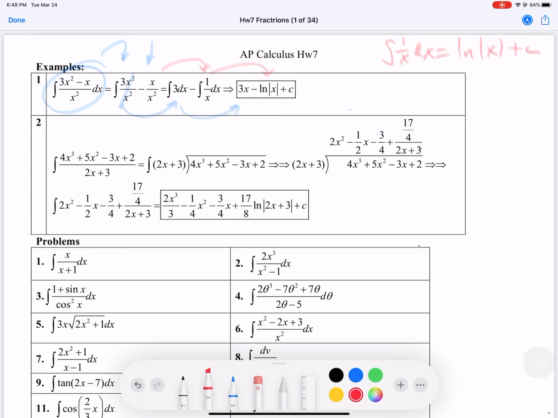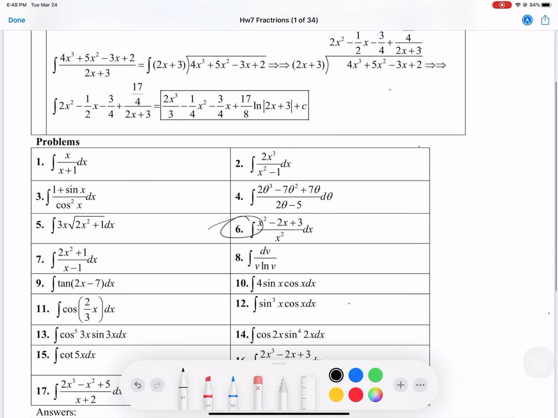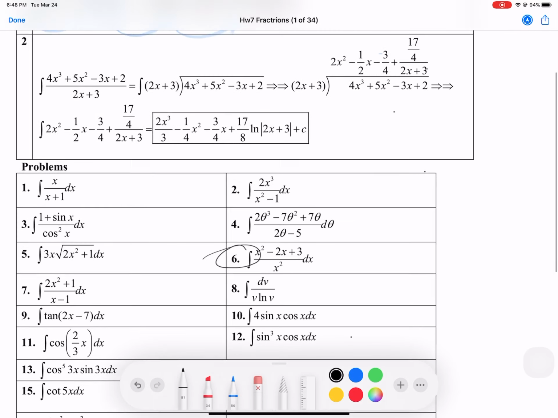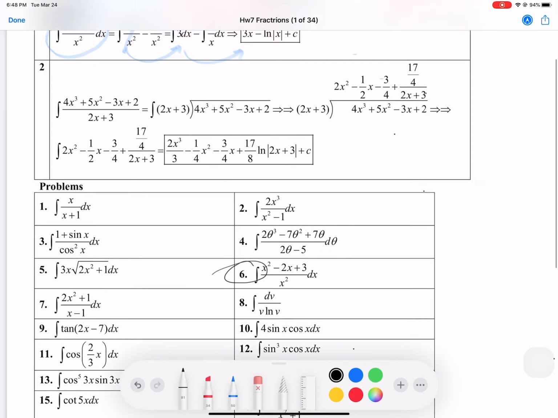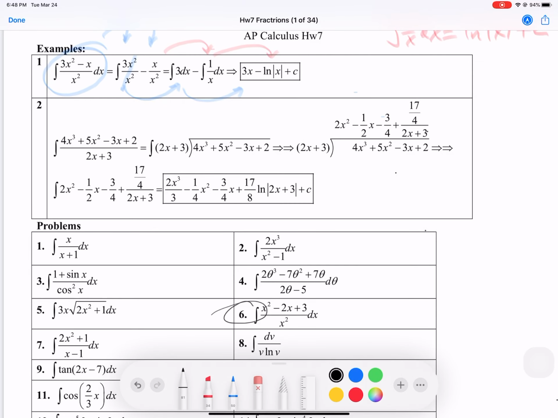If we look at problem number 6, it is like this. Or we can divide out instead to make our problems a little easier. Another one